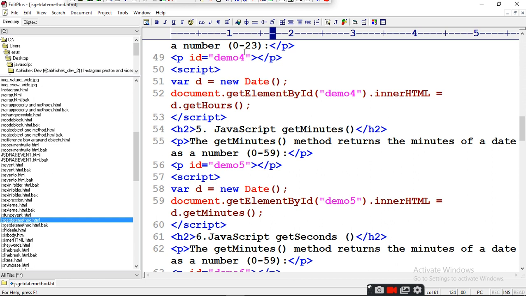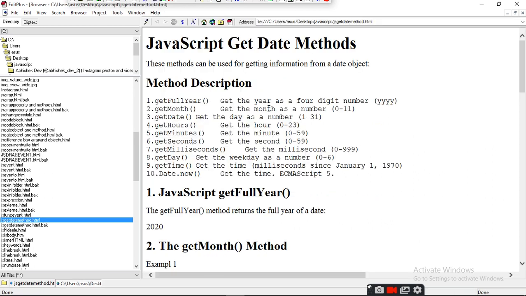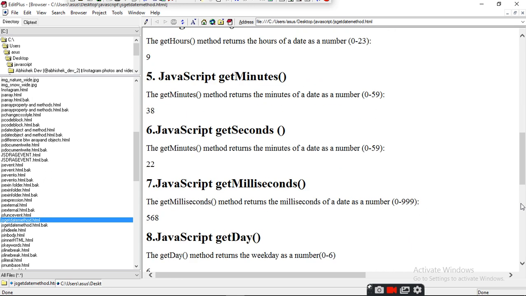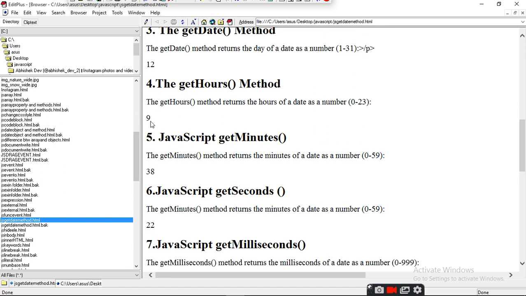Now getHours will count from 0 to 23. So as it reaches 24, that changes into the next day. So when you press it, you will get the hour, and this is 9 o'clock. So in hours you get 9.